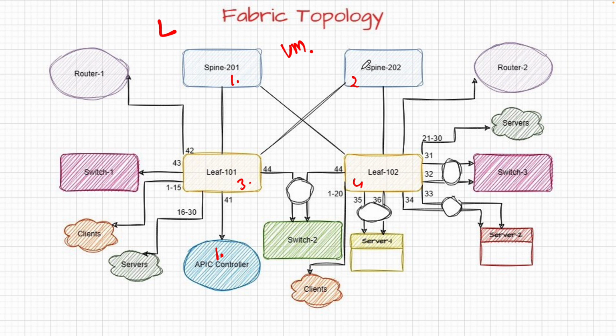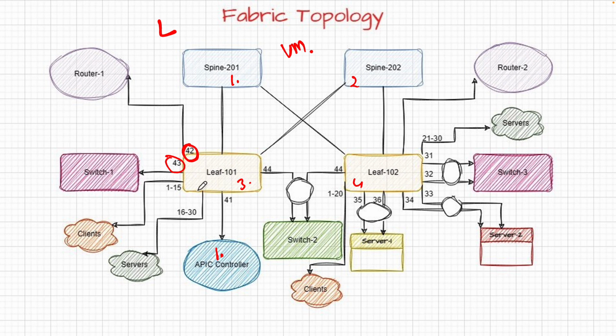There's no spine to spine connection, there is no leaf to leaf connection. All of the connections are for the endpoints. So we will be configuring all of these ports of the leaves according to the devices which are connected. In reality these devices don't exist, but we will be doing a lab wherein we'll see what if we get a demand to connect a router on, let's say, port number 42. How will you do it? And for a switch on port number 43, because the commands are different for each type of device which is connected